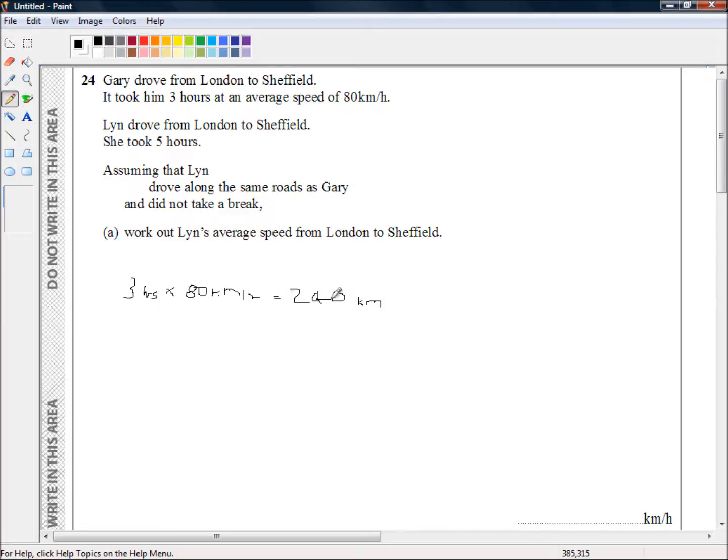Okay, so now we know the distance travelled. All we've got to do now is divide by the time that Lynn took. So that's 240 kilometres. We know that Lynn drove 240 kilometres because she drove along the same roads as Gary, therefore she drove the same distance as Gary. 240 kilometres divided by, this time she took 5 hours,